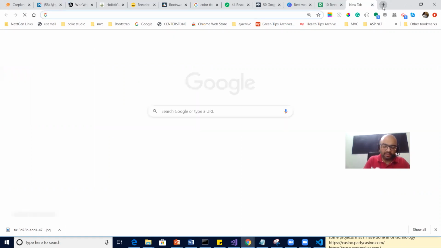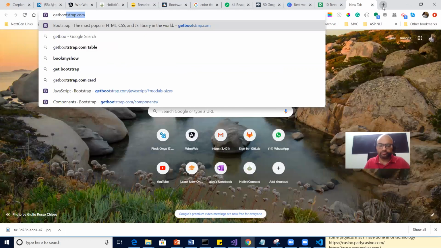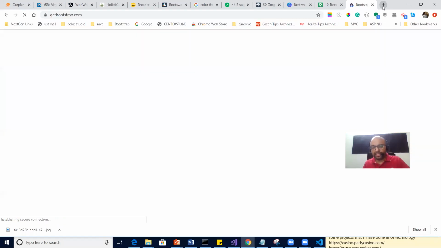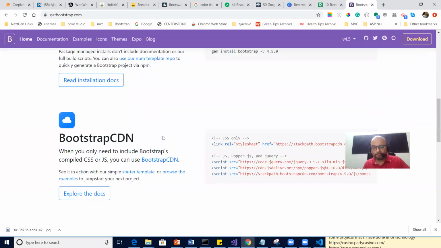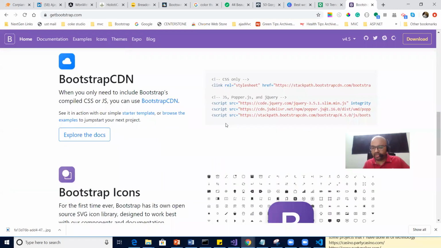So I say get Bootstrap. As a quick win, I'll take the CDN link. But later I will show you how to include Bootstrap or any other third-party packages through npm install.